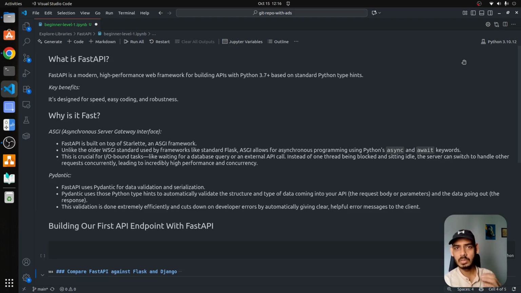So when it comes to the speed aspect, there are two key components of FastAPI, which are ASGI and Pydantic. ASGI stands for Asynchronous Server Gateway Interface, where FastAPI is built on top of Starlette, which is an ASGI framework. Now, unlike other frameworks like Flask or Django, which use an older protocol like WSGI and make it synchronous-based programming, ASGI allows asynchronous programming, making sure FastAPI can use async and await keywords while